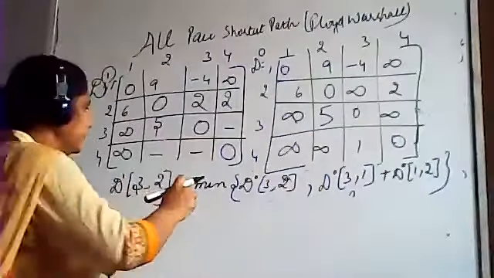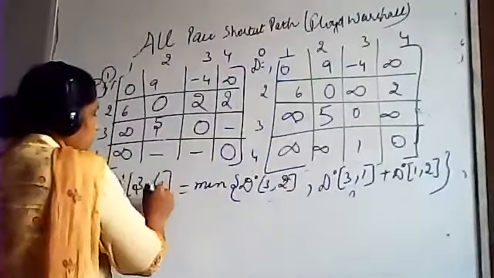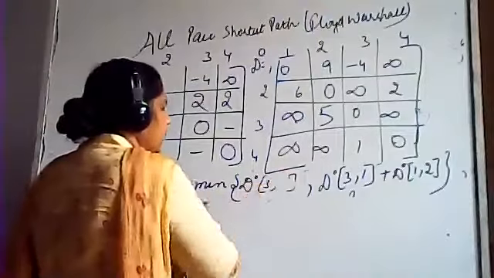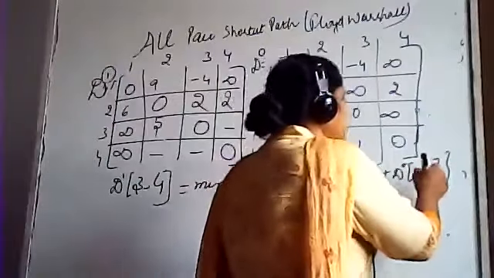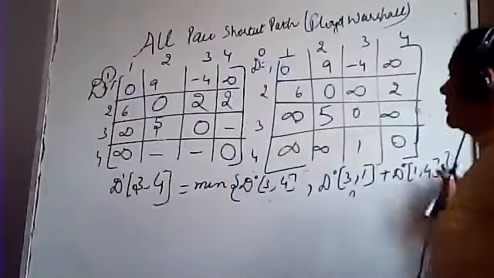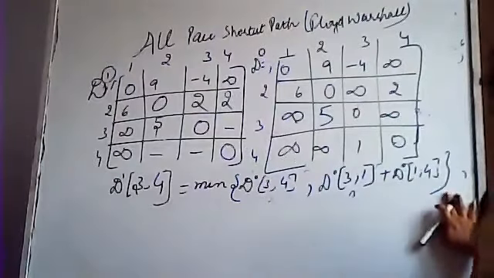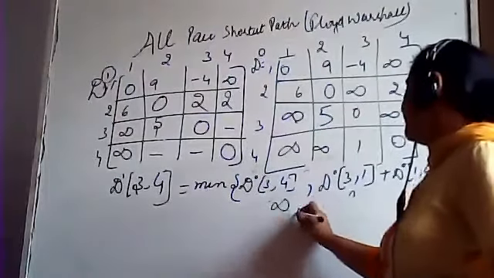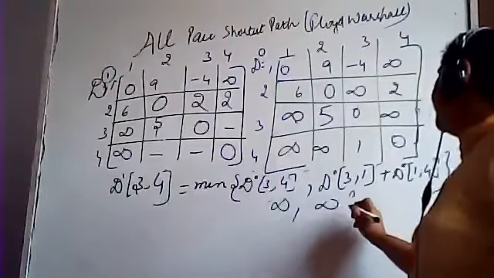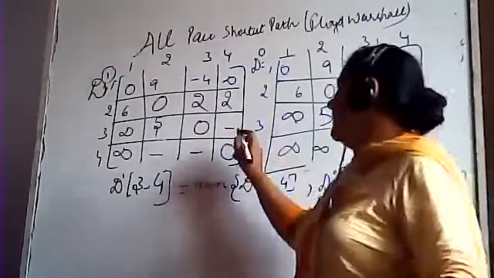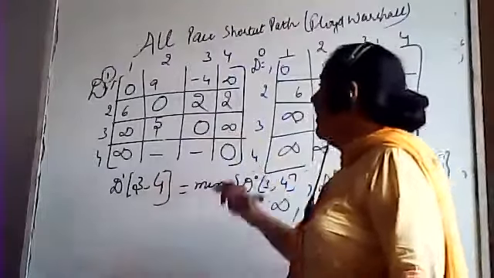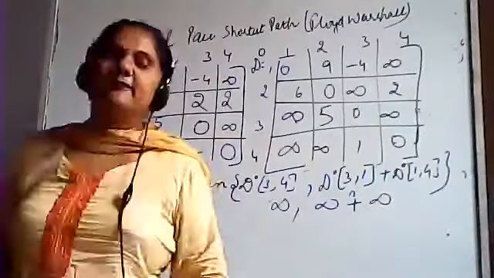3, 4. Give me the values for this. 3, 4 is infinity. 3, infinity. 1, 4 is again infinity. So the better value is again infinity. Now calculate